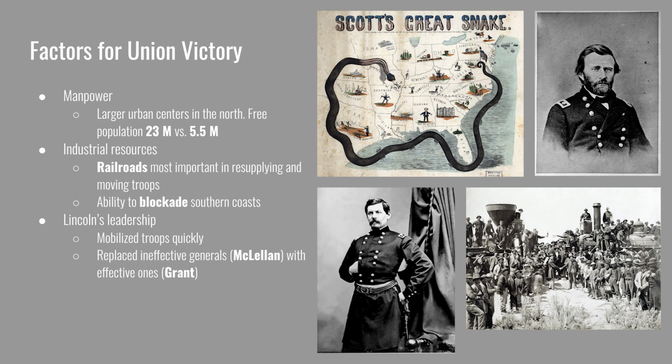There were more railroad lines in the North, important for resupplying and moving troops. As armies grew larger in number, railroads proved critical in saving time and energy in marching to the front lines. The Union's Navy blockade of the southern coast was also key because the South could only get more supplies and more money if they could export their cotton. No cotton going out meant that the South could not purchase necessary weapons and war supplies.